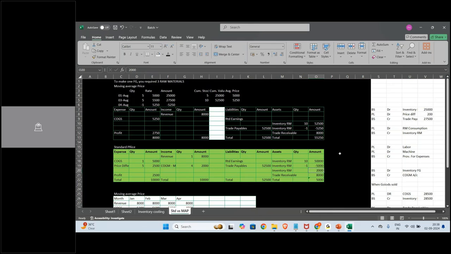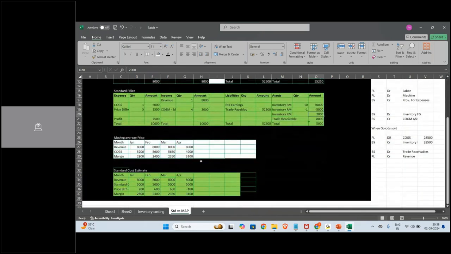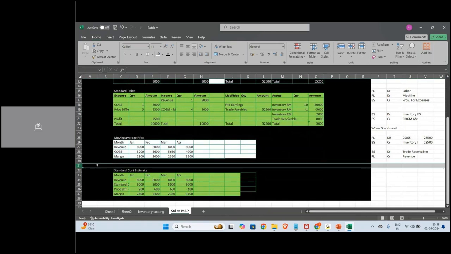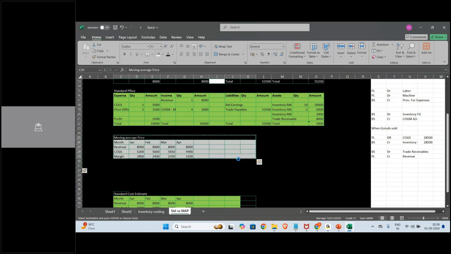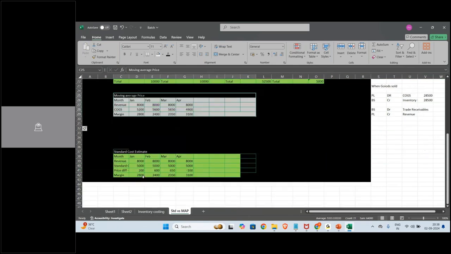The standard price will always be the same. That's a good question, I really appreciate you asking me. Now, for example, if I change it, my baseline changes. What Harish is saying is, look at another example here. What Rishikesh is saying is that in the next month, will I go and change the standard cost price? For example, let's say the price for January is 5,000. So in February, will I reset my standard cost estimate to 5,200?